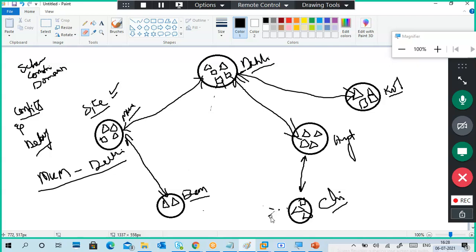So very simply said, a site means in a geographical area, whatever domains or domain controllers, DC, ADC kind of stuff, we put it under one single name. I will say this is site number one, site number two, site number three, or Delhi site, Mumbai site, Hyderabad site, New Jersey site, or maybe Sydney, or maybe Melbourne, or maybe I put a name like London site, New York site. Okay, so I can put a site. The name of the site is just a name, and I put other things.